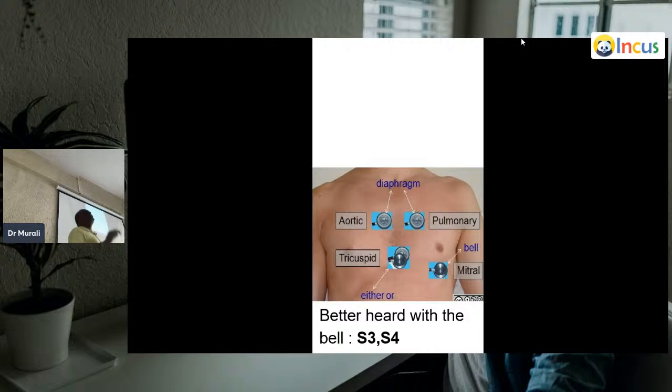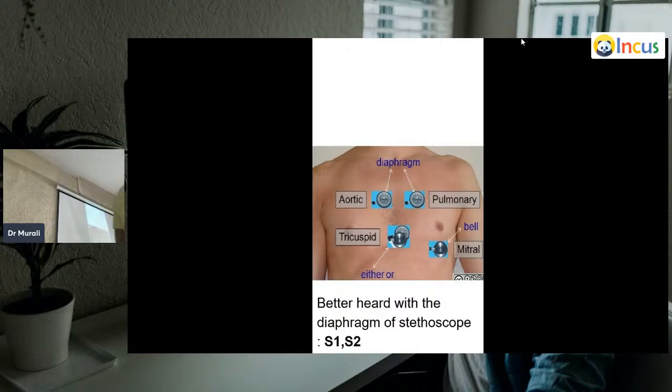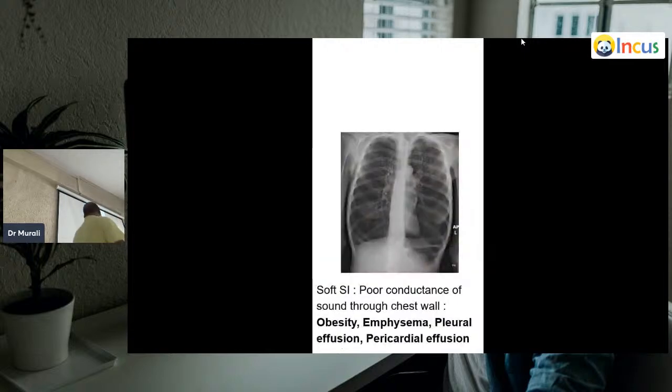So the bell is used for what? Very good. And the diaphragm is required for S2. See, that way, you automatically know this now. You don't need to revise. Alright? Some points you need to. So out of these 75,000 to 80,000 points, you need to identify what needs to be revised. Okay? Now,